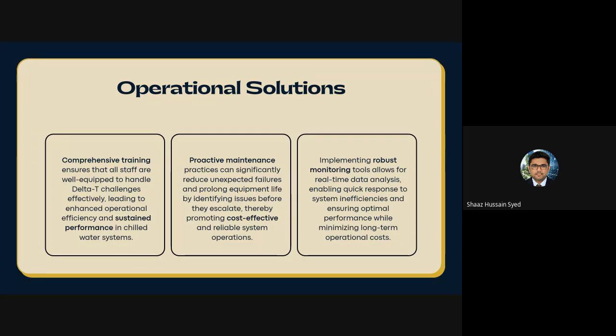Again, the delta T will collapse. Recommissioning should be done twice a year. And monitoring the delta T is one of the basic things we have to do to keep it operational and working in proper condition.